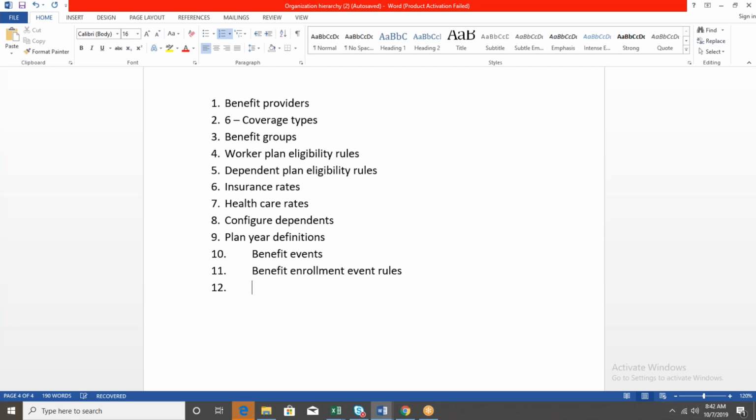Thereafter, cross dependence policies, or you can also call it a cross plan dependency. So what is the cross plan dependency in benefits? Let's see this scenario.